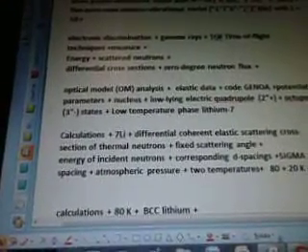Electronic discrimination, plus gamma rays, plus TOF time-of-flight techniques, plus measure, plus energy, plus scattered neutrons, plus differential cross sections, plus 0 degree neutron flux. We're going to add the optical model (OM) analysis, plus elastic data, plus code GENOA, plus potential parameters, plus nucleus, plus low-lying electric quadrupole 2+ states, plus octupole 3- states, plus low temperature